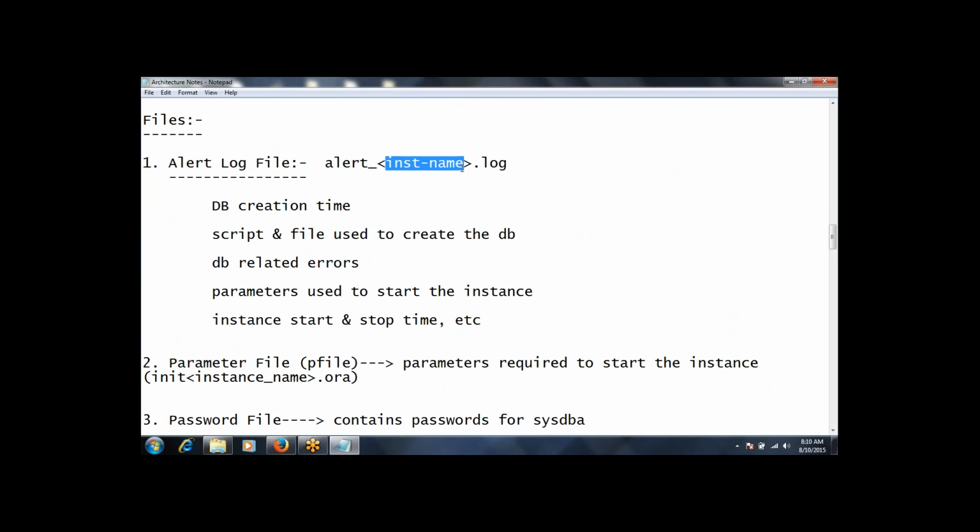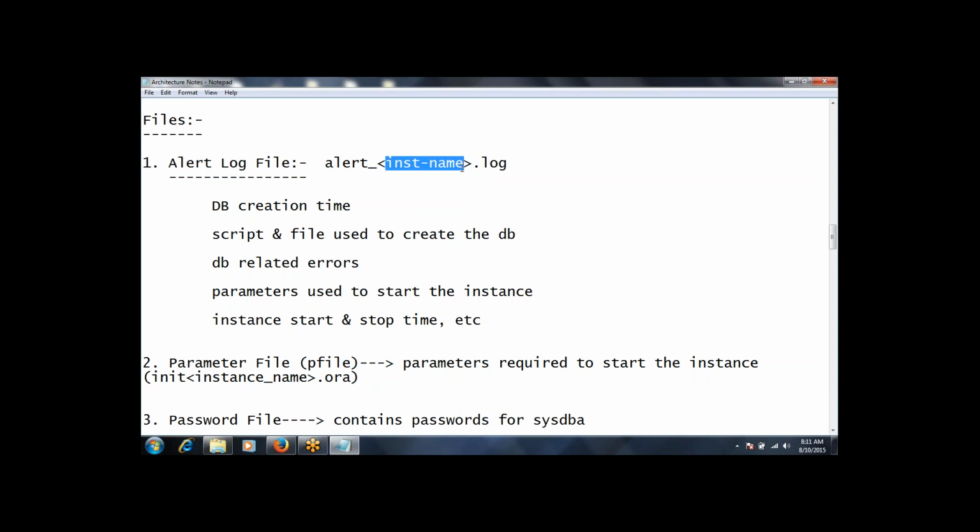SID means system identifier. SID or instance name both are same. And in this case, database name and instance name both are same. For us, ORADB1, correct? That's what we have created. Alert underscore ORADB1 dot log will be the name of the alert log file.